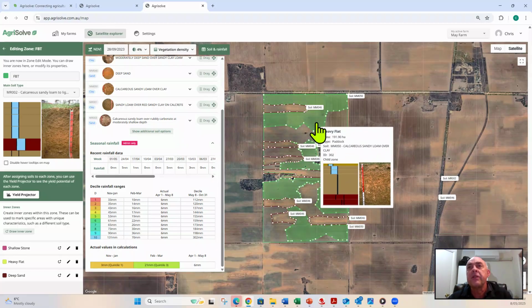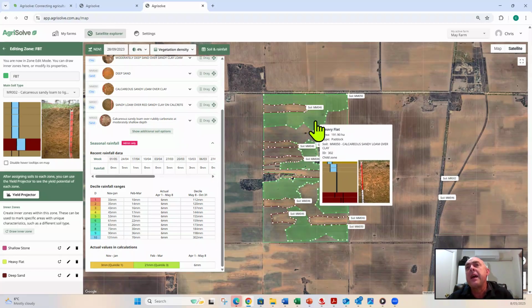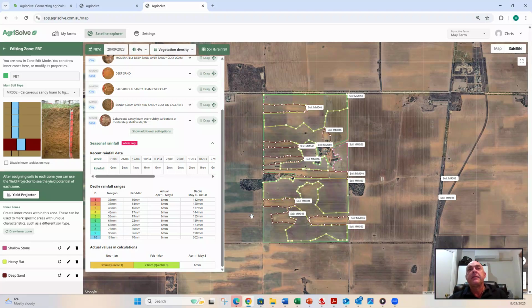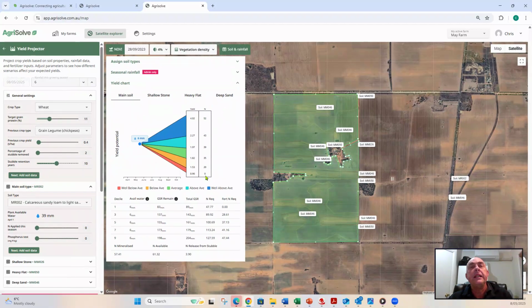For instance, this one's got a very shallow bucket, as to how much of that water, that rainfall that's fallen over summer, might actually be available at the start of the season on April 1. And then that can be a really important driver of this next feature, which is a bit of a nitrogen calculator. But what it does is it looks at the rainfall, the different